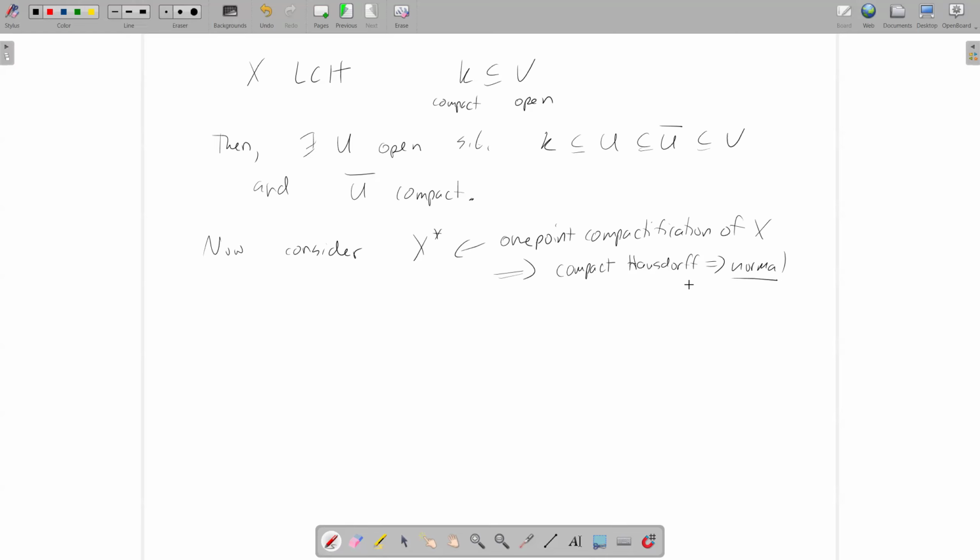Okay. So, all of that requires justification. And what do I mean by the one point compactification? Basically, you add one point and you make it compact. What more do you want from me? You can definitely look that up. That's in Munkres too. So if we consider that, then by regular Urysohn,